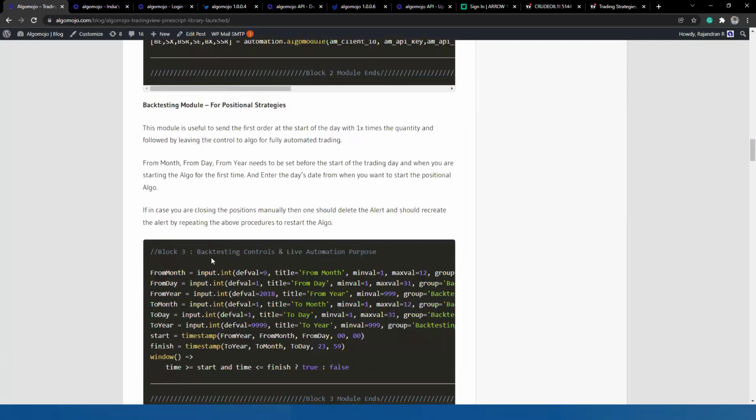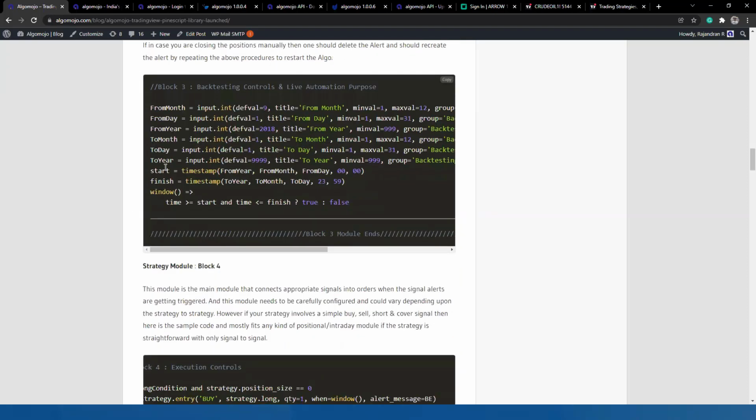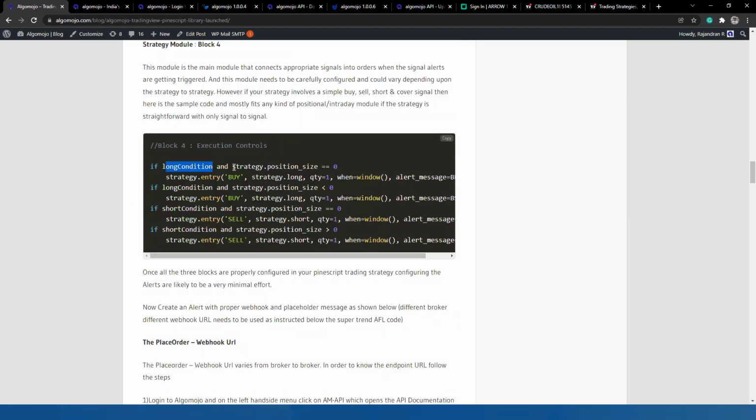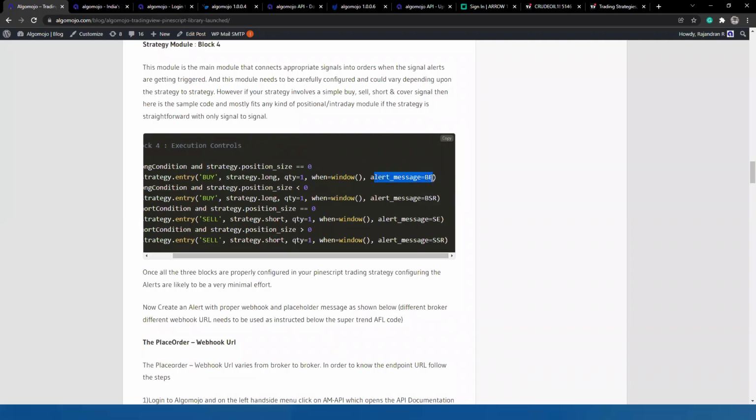So in that case, if you see the block 4 module, you'll be able to understand that if there is a buy signal, and at the same time, if there are no open positions for the day, meaning if the day is starting fresh and you're setting today's backtesting date, then at the start of the day, you don't have any positions as per TradingView. TradingView cannot directly interfere with Algo Mojo to get to know whether you're having a position or not. But TradingView will be having its own counter. So if you are setting today's date at the start of the day, then TradingView assumes that you don't have any positions, and for any signal coming in for the very first time, it will try to take the BE message over here.